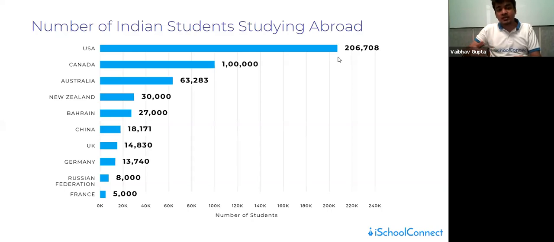Another interesting country which has come up is China, wherein many Chinese universities are among the top 50 globally ranked universities. China is interesting because a lot of universities have changed their mode of education, mode of language to English rather than Chinese, which previously was a challenge for many international students. Remaining popular countries are UK, Germany, Russia as well. Russia is famous for their medical universities. France is another interesting country.